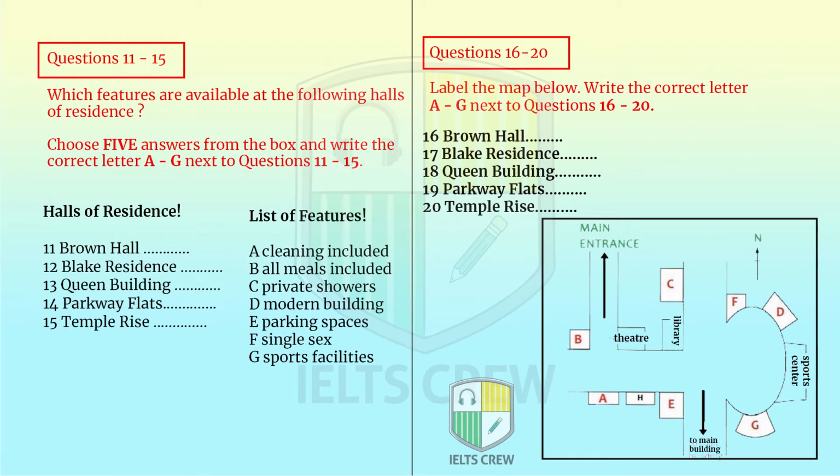Now, the Parkway Flats are on the opposite corner to the library, facing the circle, as you head towards the main buildings. The main buildings are only about a 5-minute walk from here, and places in these halls go quickly, so my advice is to reserve your place as soon as possible. Then Temple Rise is inside the circle, next to the sports center, but further from the main university buildings. Now, if you'd like to go off and physically look...